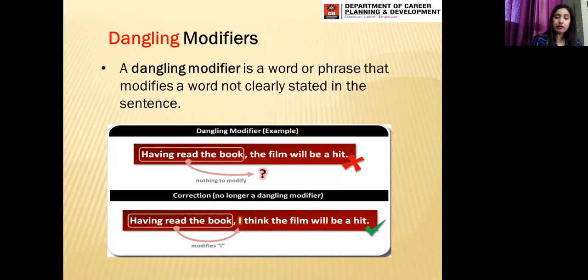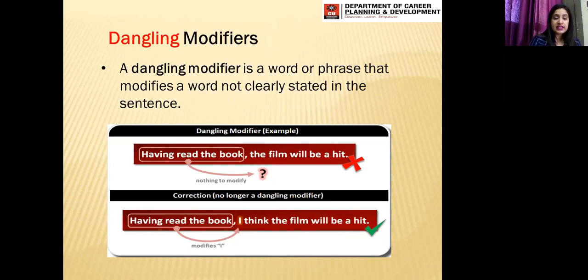Like I have already told you, a modifier is a word that modifies, that describes, that provides information about other words or phrases in the sentence. So over here, dangling means that rather than describing the exact thing that is referred to in the main clause, it describes some other noun or phrase in the sentence. It is going to be clearer if you look at this particular